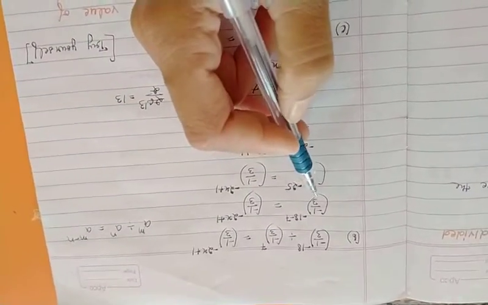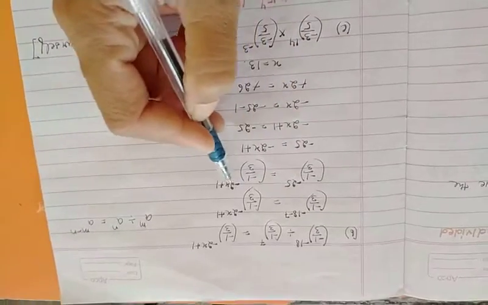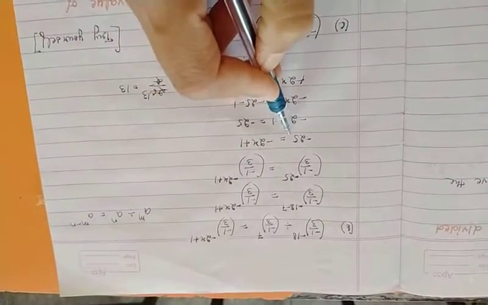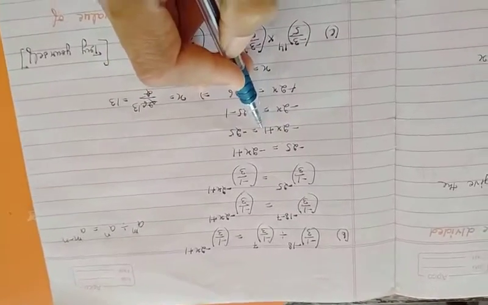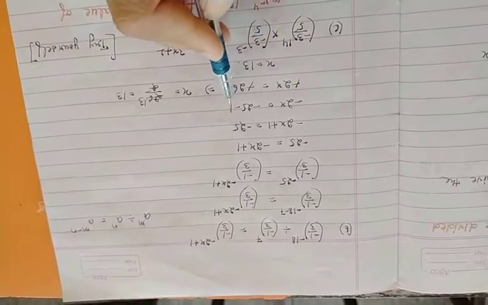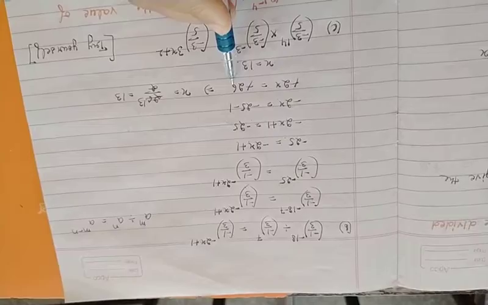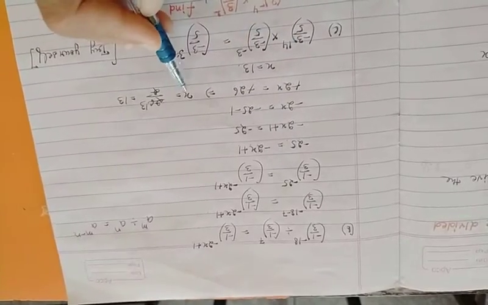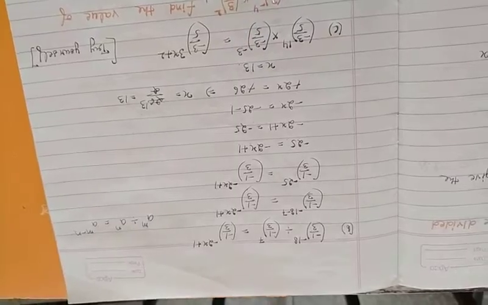Now same as a part, we equate the values of power. So minus 2x plus 1 equals to minus 25. We take minus 2x plus 1 on left side is equal to minus 25. Then minus 2x is minus 25 minus 1. Minus 2x is equal to minus 26. Minus signs are cancelled. Then x becomes 13. So value of x is 13.